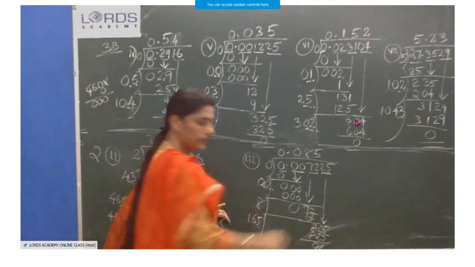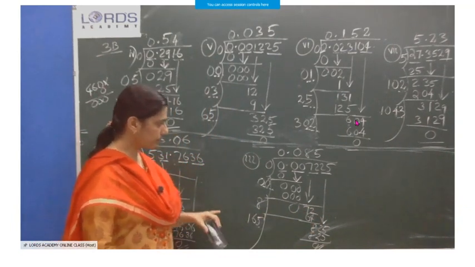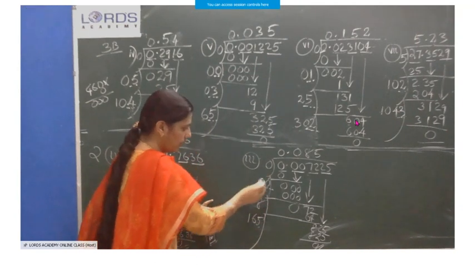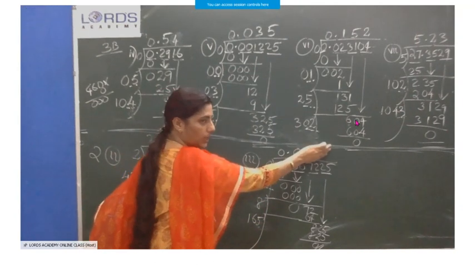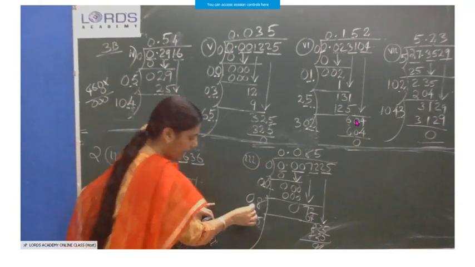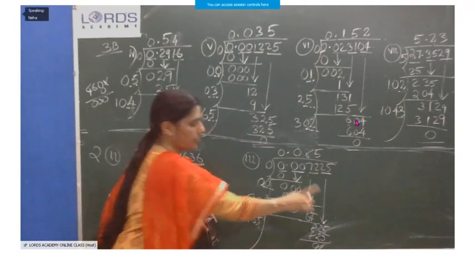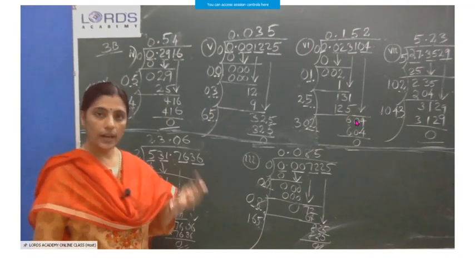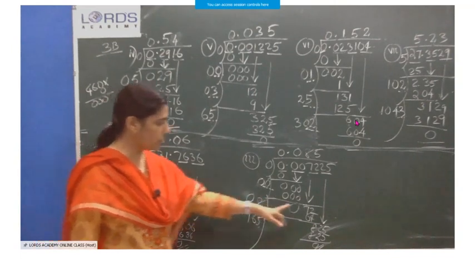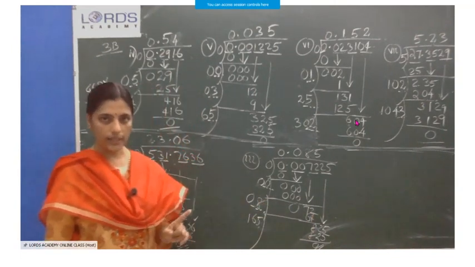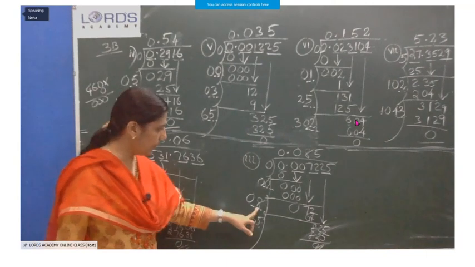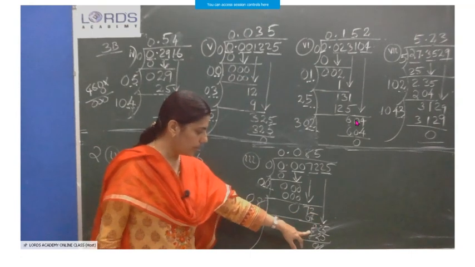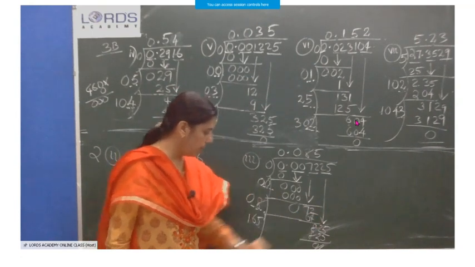72 brought down. What's the new divisor? New divisor means, what it was? This much was there, 0. Its double 0. And we had to find one more digit to satisfy 72. What into what 72? 8 into 8 64. 9 into 9 81. 81 is not possible here, only 72. So which one will you take? 8 into 8. So 8 here, 8 here. 64. Subtraction. 8 remains. 25 brought down.